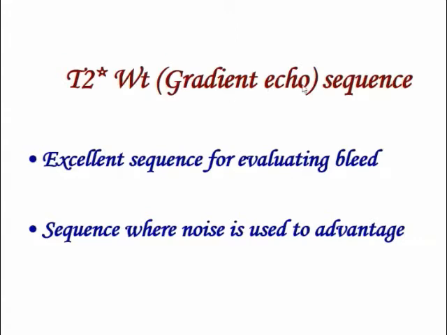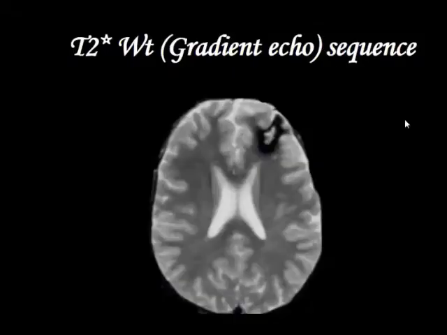The next sequence is the gradient echo. I think these five you have to know: T1, T2, fat suppressed, CSF suppressed, and T2 star, which is done to evaluate hemosiderin. Whenever there is a lesion on the CT, you don't know whether it is blood or not. Take the patient in for MR, do a gradient echo sequence. If there is blooming, this is hemosiderin. So you know that this is blood.